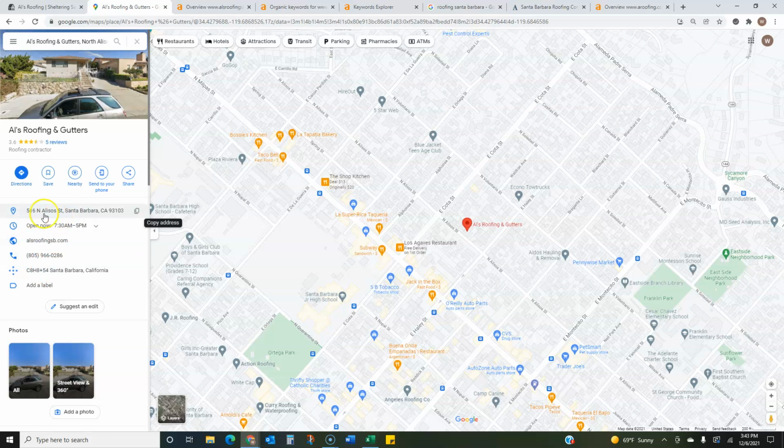But another way to build this up is you want all this information that's here consistent throughout all the web. So anytime you do a directory, like if your Yelp hours don't match these hours, or if your Porch hours don't match these hours, or if your address is different on Angie's List or MapQuest, all those things come into play. Your phone number, you want all the information to be consistent throughout the web. And anytime it's not, Google kind of dings you for that